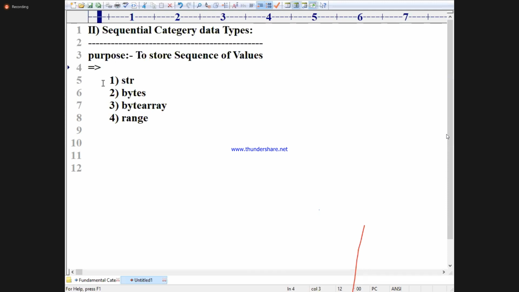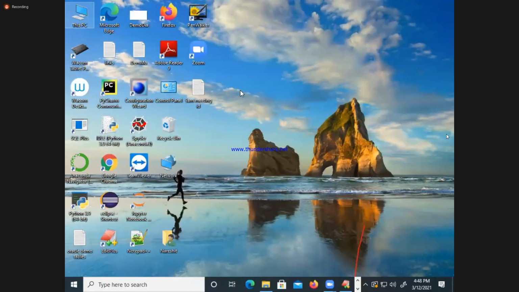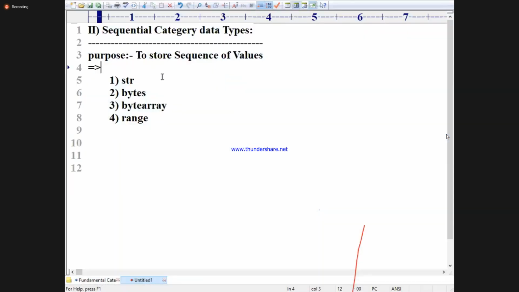So for my satisfaction, all of you tell me: why do we go for sequential category data types? To store a sequence of values. How many data types are there in this category? 4: str, bytes, bytearray, range. Very nice. Shall we write? Write down. The heading is sequential category, immediately the purpose. This category contains 4 data types. They are